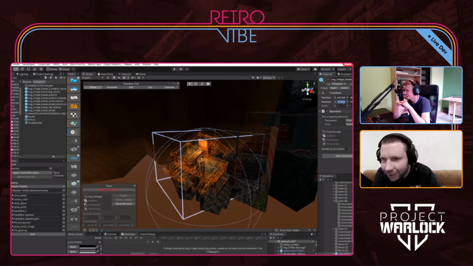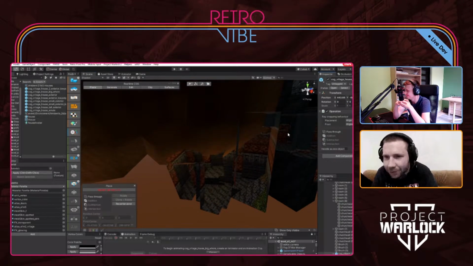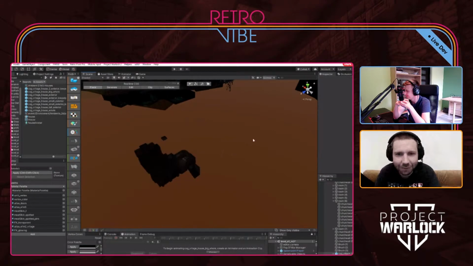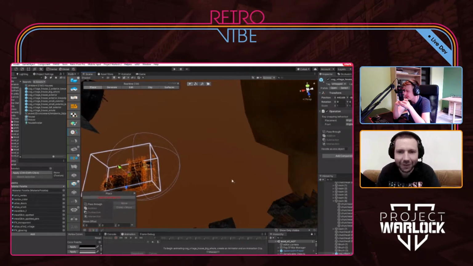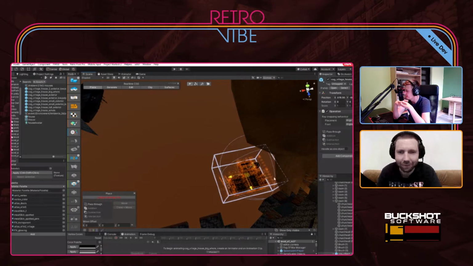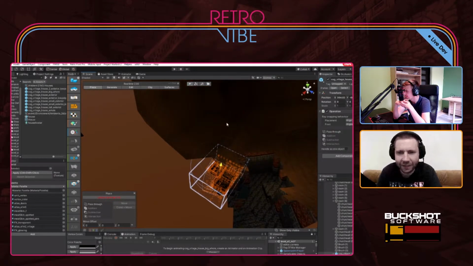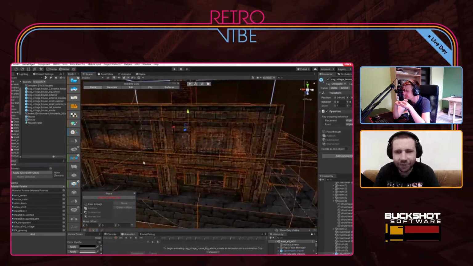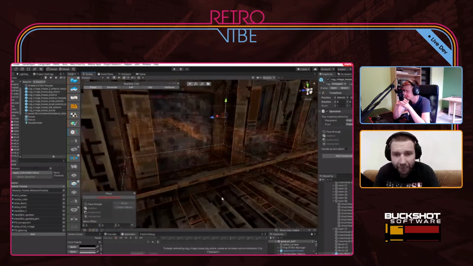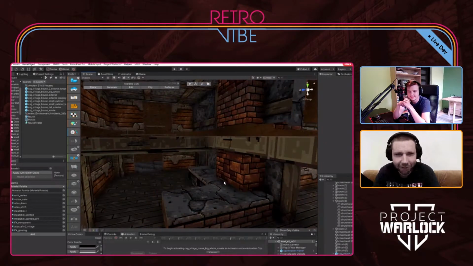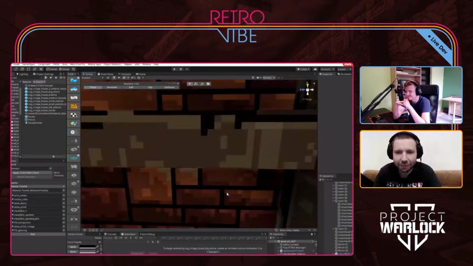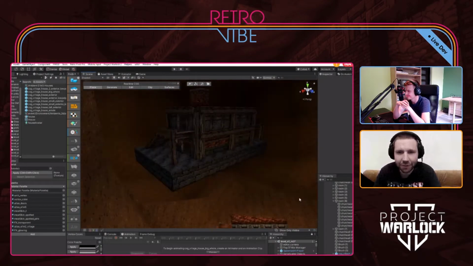Let's straighten it out. Rotation 0, 0, 0. This is one of the quirks. When I rotate, it sometimes tends to run away from me. I think it has something to do with the pivot point, right? But I didn't fully figure it out. There also might be a conflict with other tools in Unity, because they sometimes share some of the hotkeys and other functionalities. So this might be the problem.